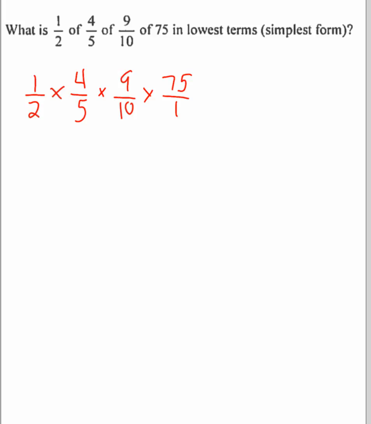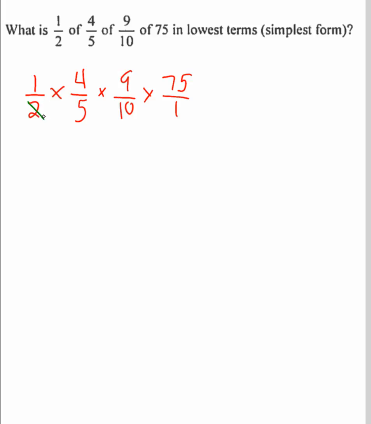Now, those of you that are learning fractions, and even if you haven't learned fractions, one of the easiest ways to multiply is to simplify as you go. So instead of multiplying 1 times 4 times 9 times 75 on the top, and 2 times 5 times 10 times 1 on the bottom, and then simplifying, it's easier to simplify as you go. So for example, you know that